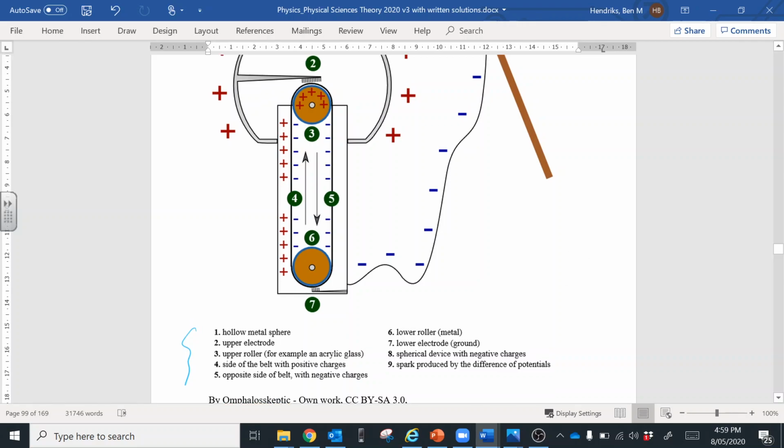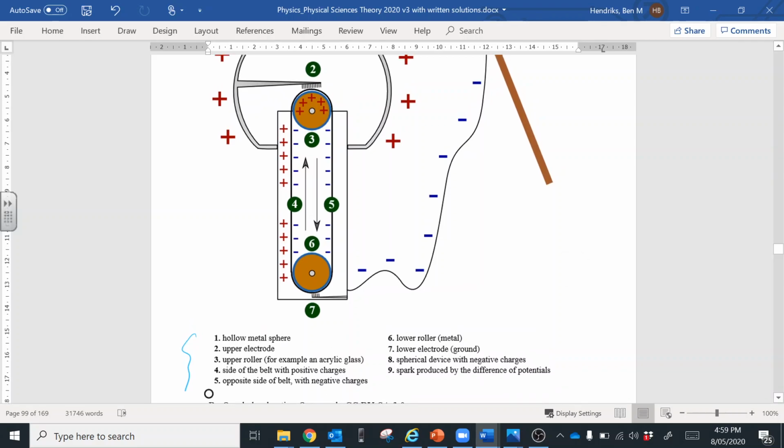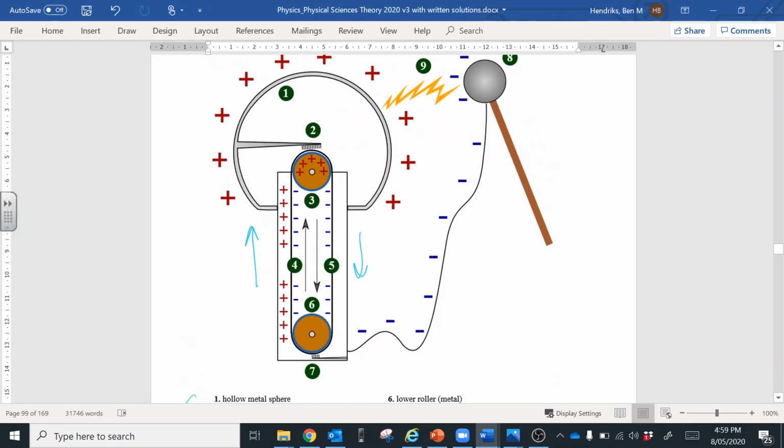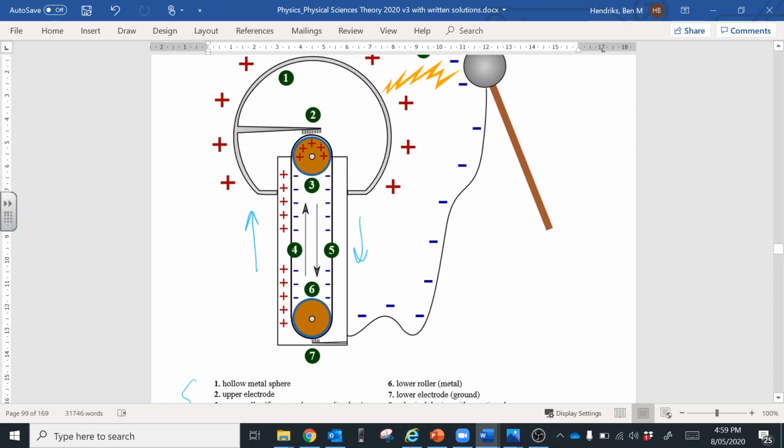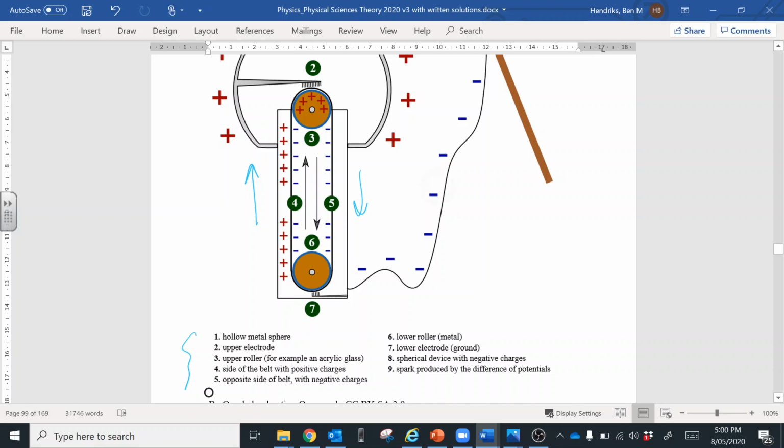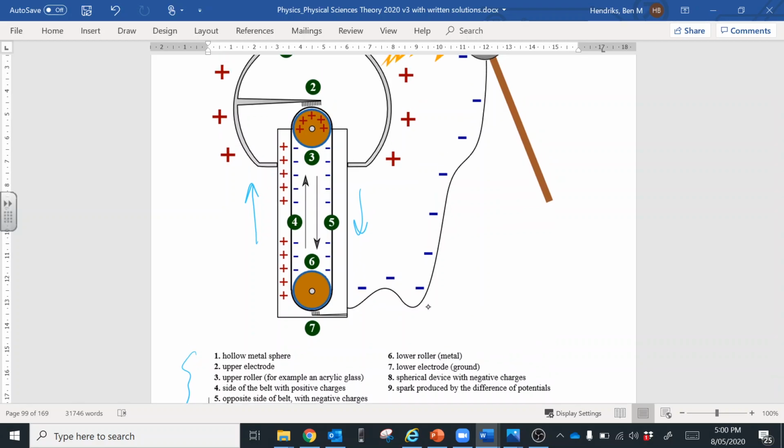We have the explanations here. So we have the side of the belt. What we have here is a rubber belt, and it's going upwards and downwards. It's just going around these rollers, and we have rollers of different materials, and they create friction, which creates a separation of charge. And so what we have here is positive charges on the outside of the belt, and negative charges on the